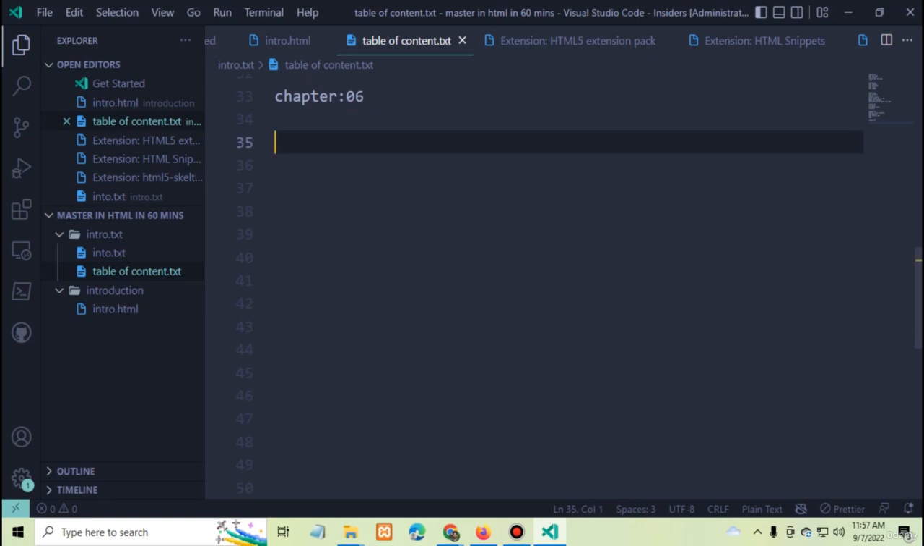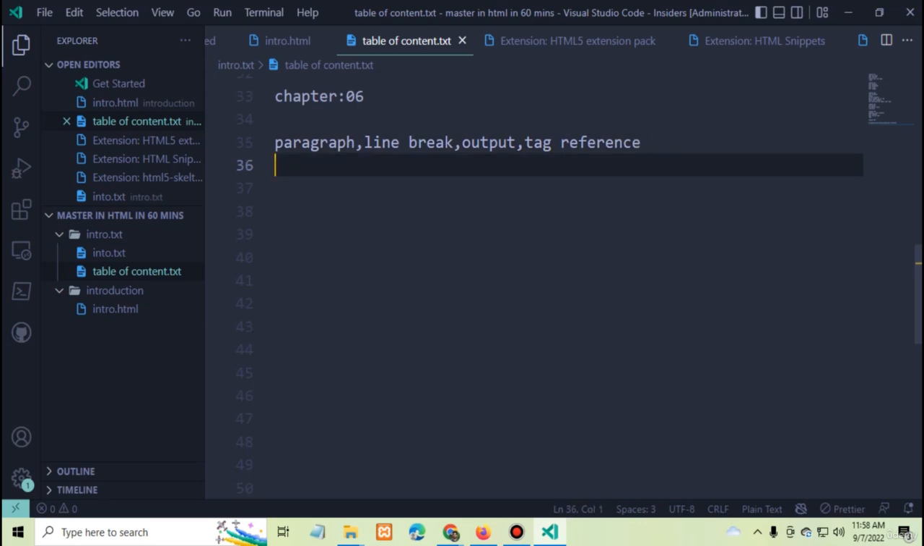In chapter 6 I'll discuss HTML paragraph and line breaks, paragraph, line break, then comments or output, then tag reference. Okay, so after that chapter 7,